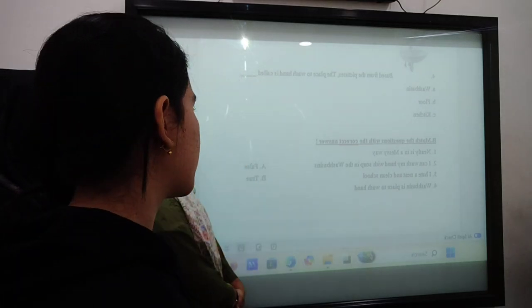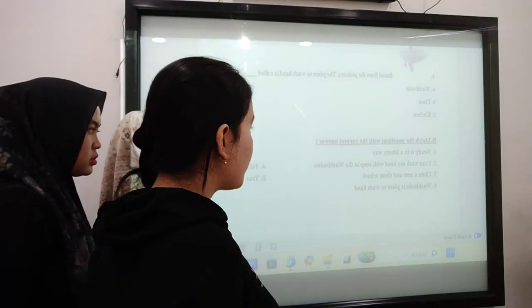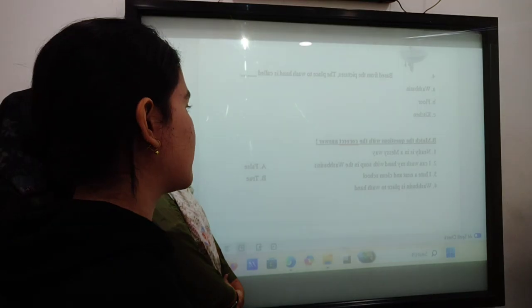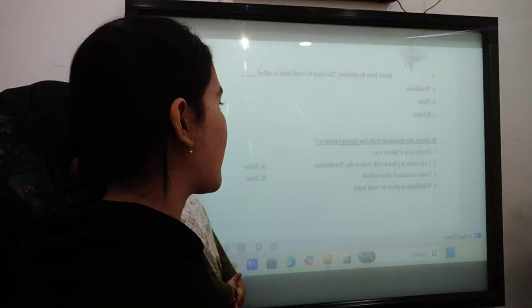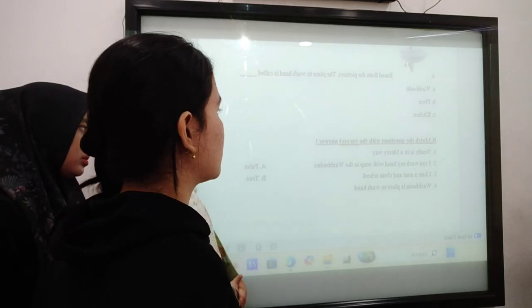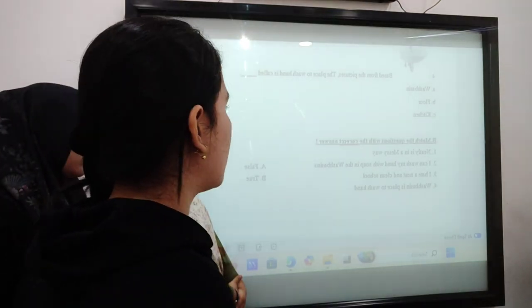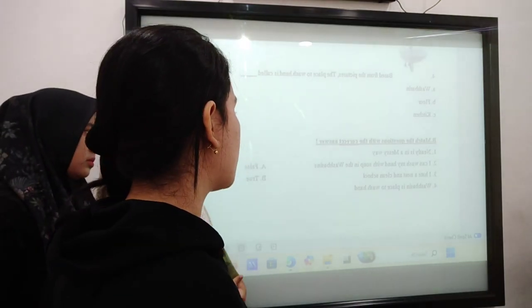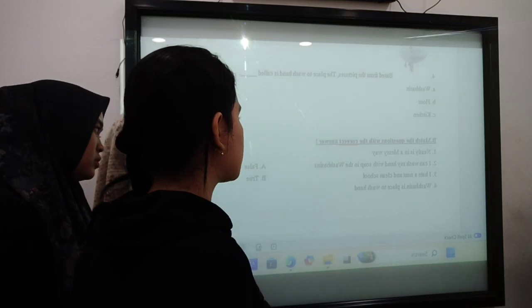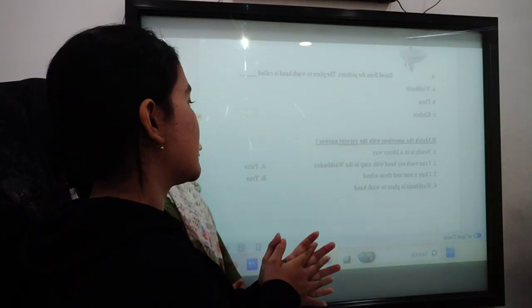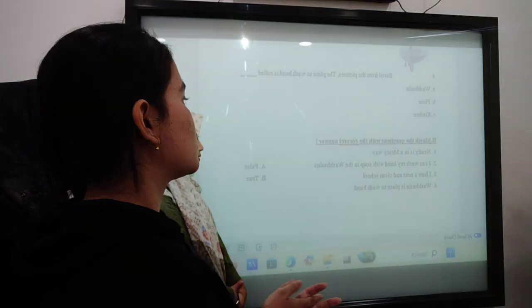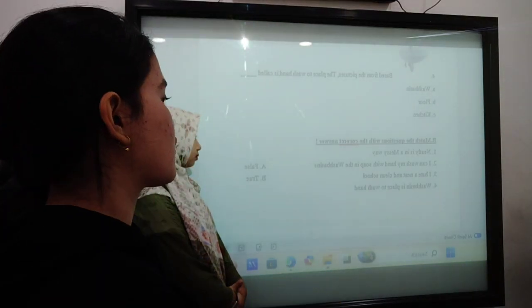So this is false because we must love a neat and clean school, because in our school we have a neat and clean school, right? So you don't have a neat and clean school. Wash basin is place to wash hand. That is true because based on the vocabulary list, the explanation about wash basin is a special place to wash hand or wash your face.